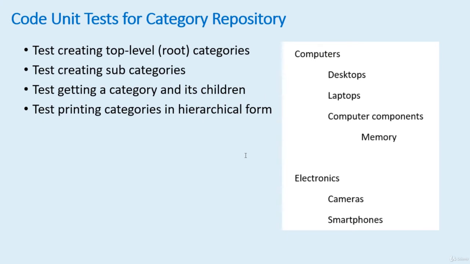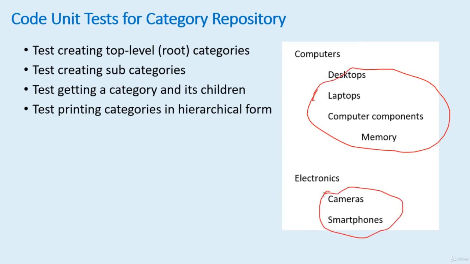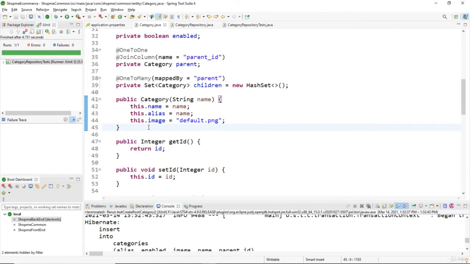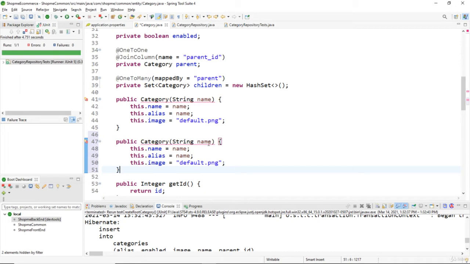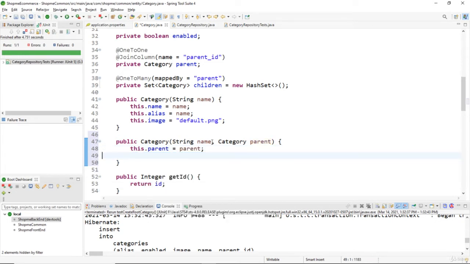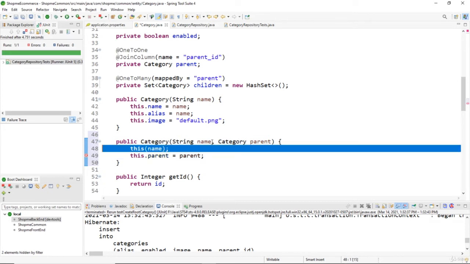Next, we will write the second test method for creating some subcategories under computers and subcategories under electronics like this. So we need to update the entity class to have another constructor that takes a parent category. So here in this constructor we have the second parameter, the parent category, parent here, and we set this.parent equal parent, and then we call the first constructor, this(name). This should be the first statement. Okay,